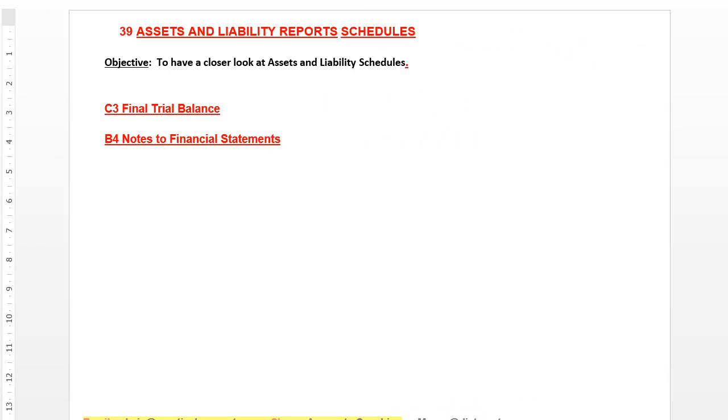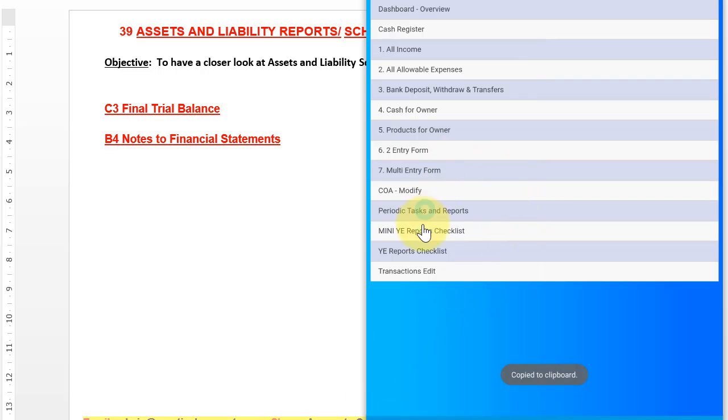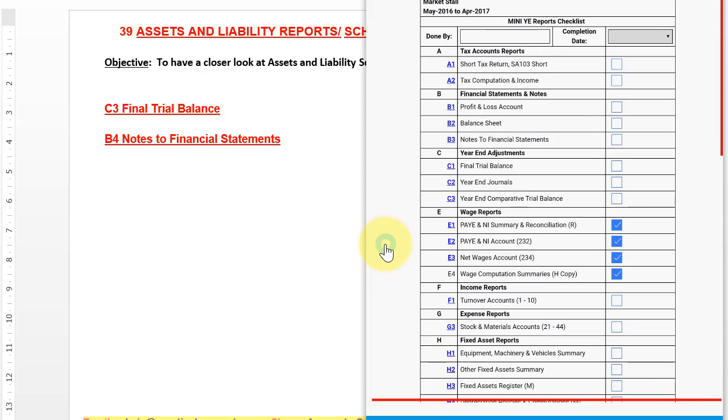In this session, we look at assets and liability schedules, reports or schedules, basically to have a closer look at them. Now let's get to our device. We go to our mini year-end reports checklist, and we want to see this report